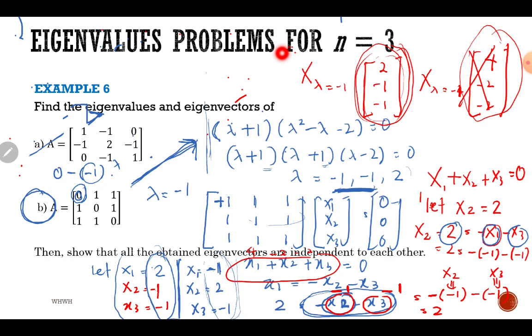Maknanya, we have to properly choose the value of x1, x2 and x3 so that this value satisfy this condition. So that it satisfy x1 tambah x2 tambah x3 equals to 0. And another one is to make sure it is not linearly dependent to the previous eigenvector, which is here 2, negative 1, negative 1. Okay, so by having these two, maknanya saya dah bagi jawapan dah pun dekat you all,